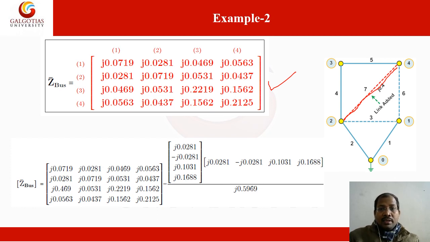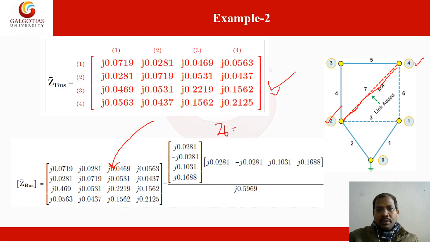Now the last branch 7 we have to add is represented by these red lines having the impedance J 0.4. So here you can see the same step 4 algorithm, because this transmission line is connected between existing bus 4 and 2. So this is the old bus. So we can use this Z bus as it is here minus, first we have to calculate ZB.